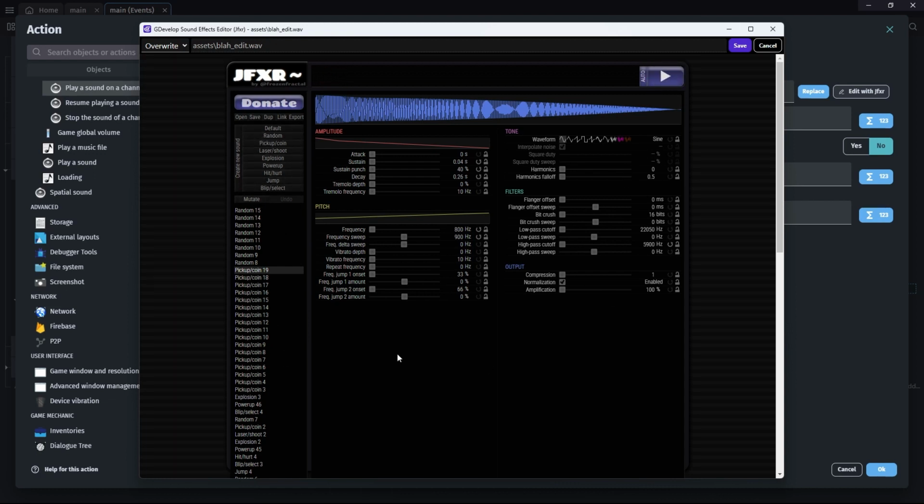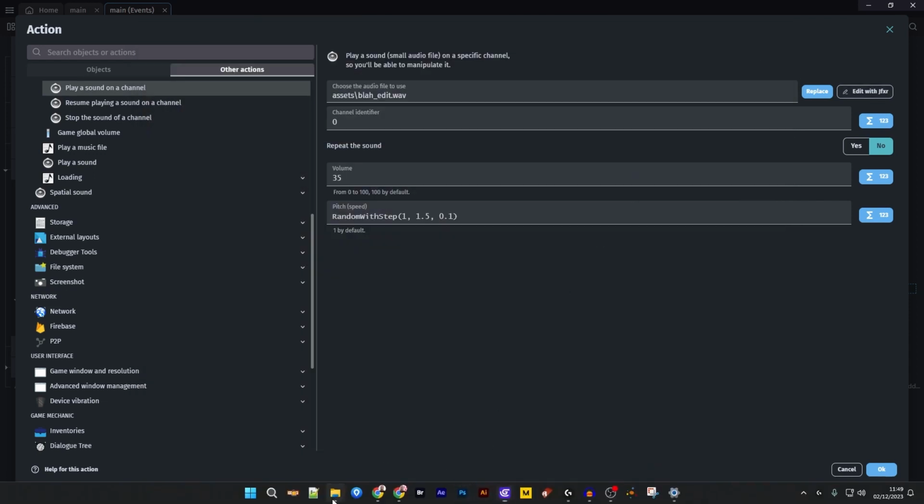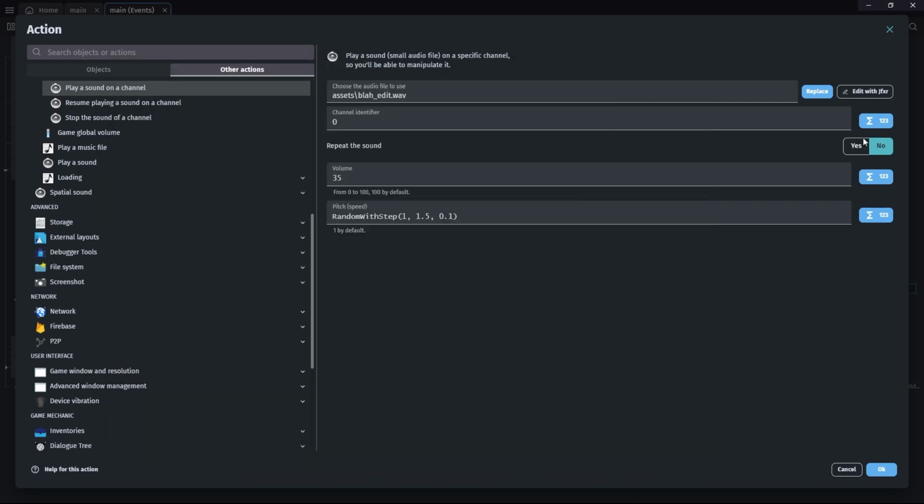So you can spend ages playing around in this and tweaking it, and they get put directly in your game. Let me just show you that actually. So now there, my blah has been replaced with that blip, but of course you can save them separately and not overwrite your blah sounds. Anyway, so that is the end of my gibberish speak